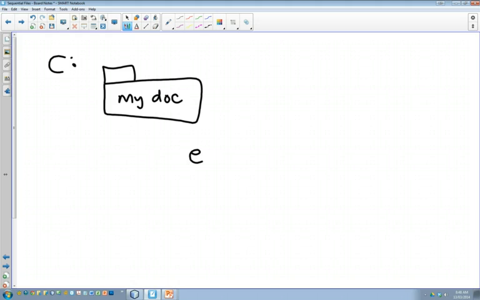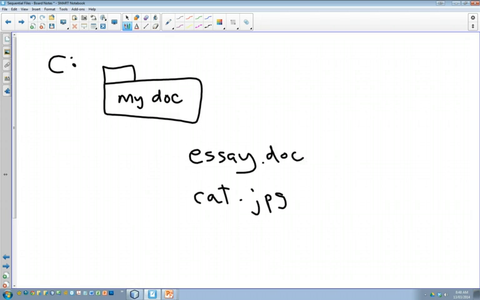And inside there, maybe you have your essay and a picture of your cat, etc. Okay? So this is the kind of picture that Windows gives you or a Mac gives you. But in reality, this is a file as well. That's actually a file. It's a file that's tracking the contents within here,